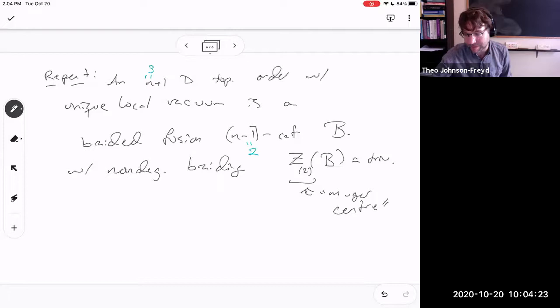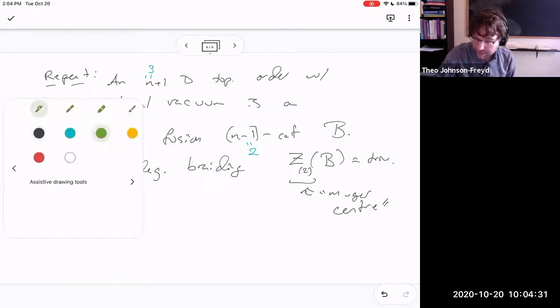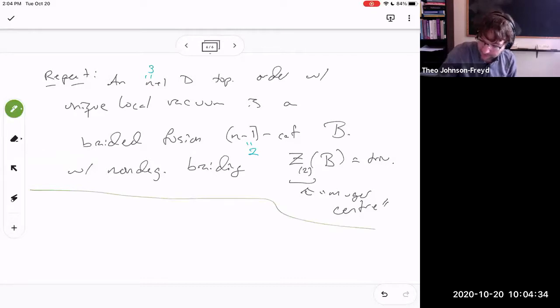So that gives the first word in my slide. I told you I was on my theorem, classifying 3+1 dimensional topological orders with some property. And then the next thing I said is that I care about the case with a unique... So what are the quasiparticles? Well, if you had a braided fusion 2 category, the particles, from here on out I'll just do the case that I care about, which is in 3+1d. The particles are the category of world lines of particles, which is the category of endomorphisms of the unit object in B.